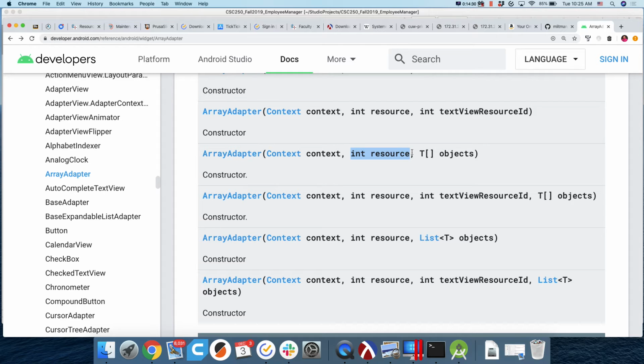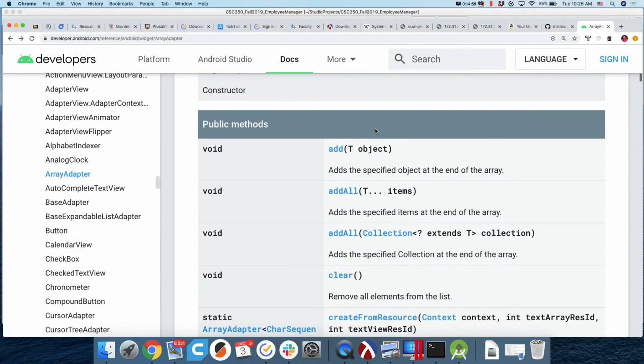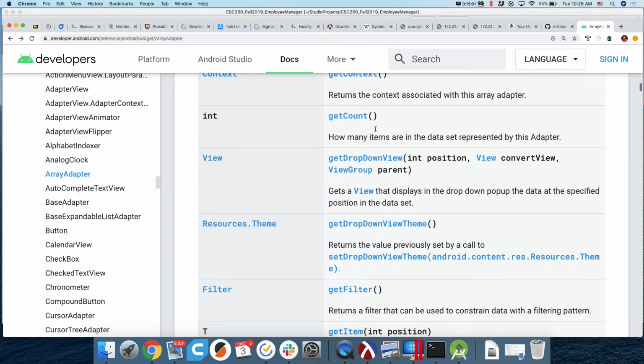That's all it is, a text view, and that text view can hold a string. So we set the text for the text view. That's what the default version of ArrayAdapter does. That's what we used before. Now, if we want our employees to look better, maybe we have a couple of rows of things, something like that, we're going to want to pass it a different resource and a different collection. But the problem is, if I pass it a different resource here, and we come down to this method,